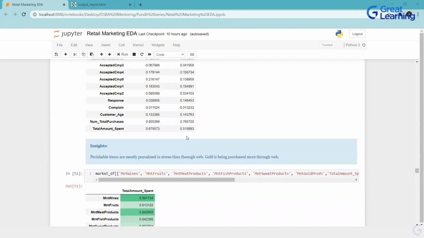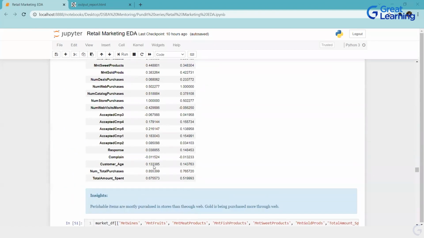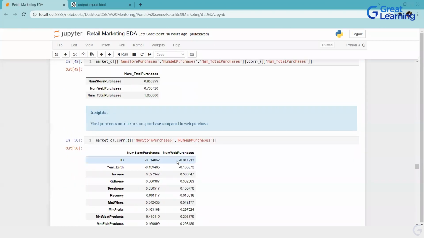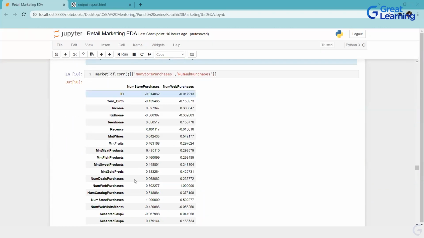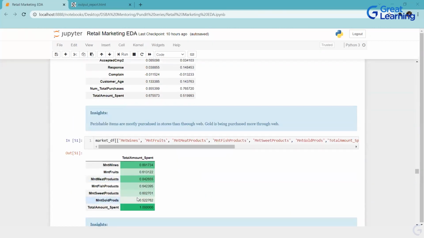Okay, let's proceed further. What I did over here, you guys have seen this a lot now. Now what next? I did a color coding. This is nothing but something like the conditional formatting that you have in Excel. It is not a heat map. It is conditional formatting, but it works the same way: higher the value, higher the color code; lower the value, lower the color code. You can get the color code easily.